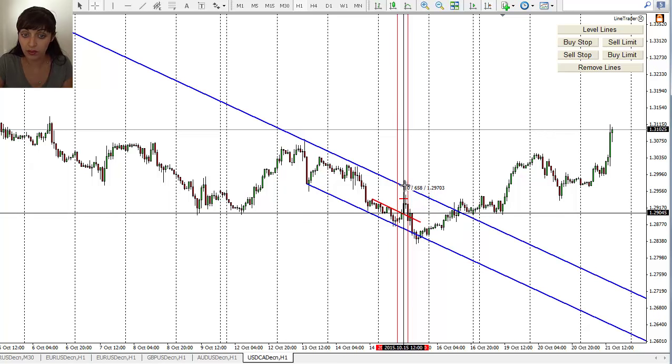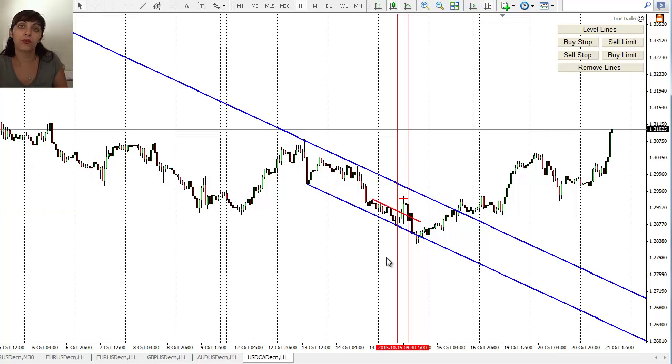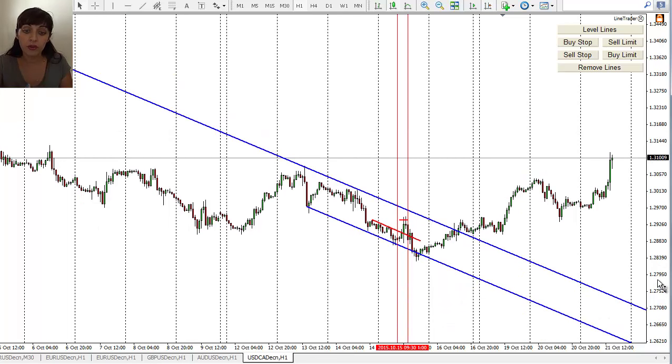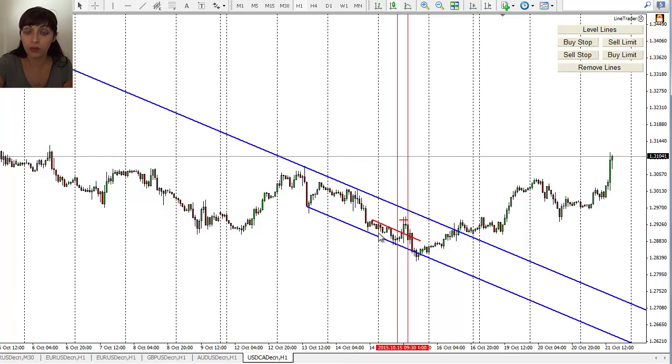I think it's because I felt there was a bit more space around here. Yes, more like about 60 pips, more than the Australian one. And of course I thought the Canadian is on the same time zone, and I was hoping that it will move enough, that it will be a good movement for the dollar. And also, of course, I knew that there was some news for the Canadian dollar happening, so I had all this in mind, and I was hoping that this American news will give it a push, and that the market will move. So I placed the trades, but here I put the trend line.